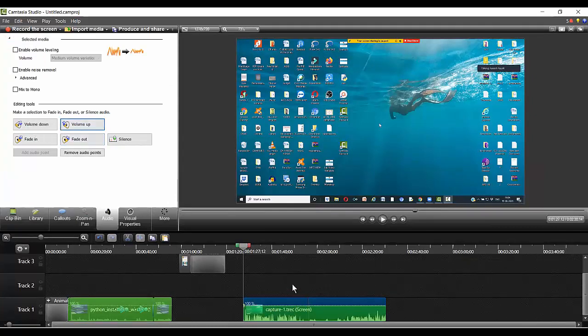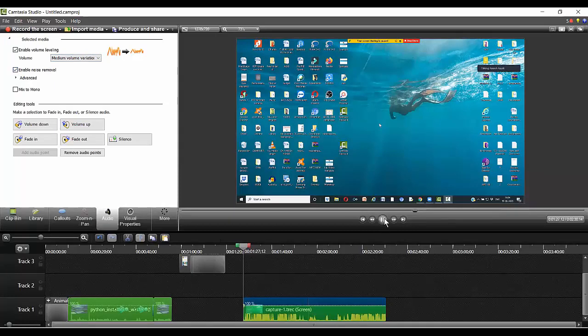If there is some noise, suppose fan sound or something, you can click here, enable volume leveling, and then say what kind of volume you need, and enable noise removal. If you click this, it will take some time and it will remove the noise.